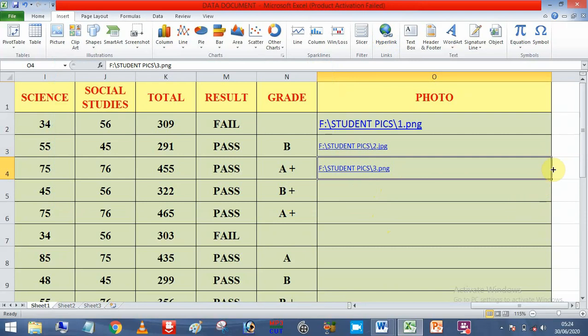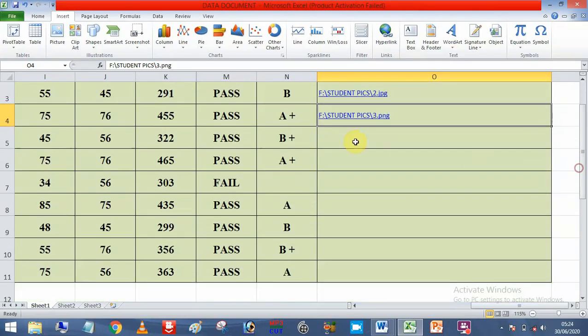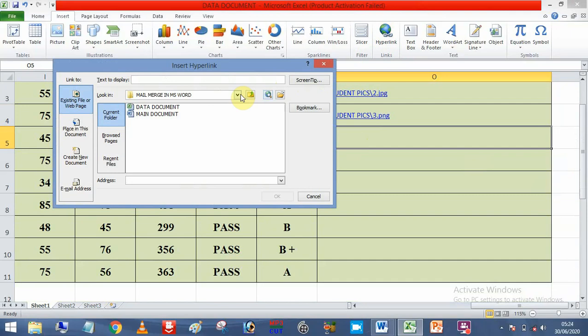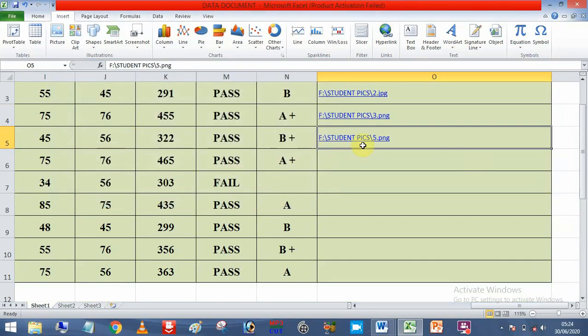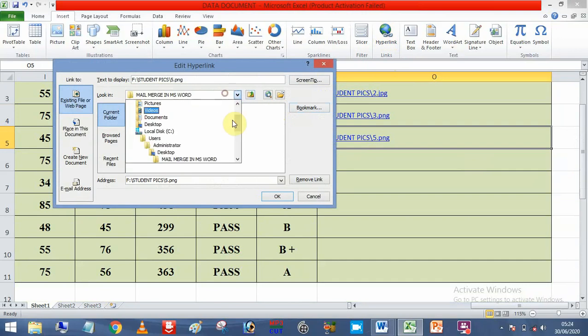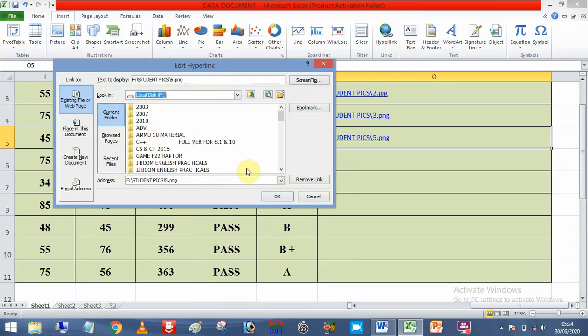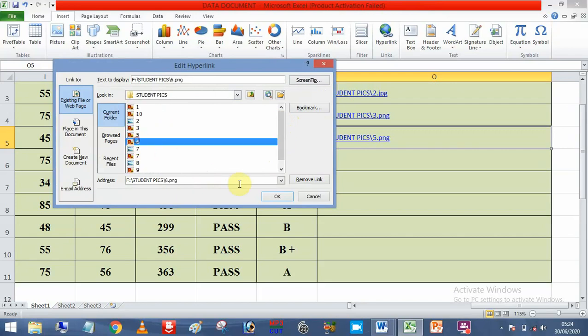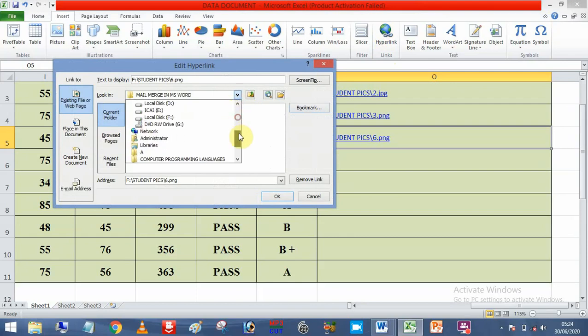You can insert one by one. Let me show you how to do that. It is a very good exercise. This is very important, to include student pics, and include the fourth one. You can see here. Let me include whatever. So 5, just include these 5 student pics, and let me include this. So don't worry about the numbers and all. The important thing is the names.